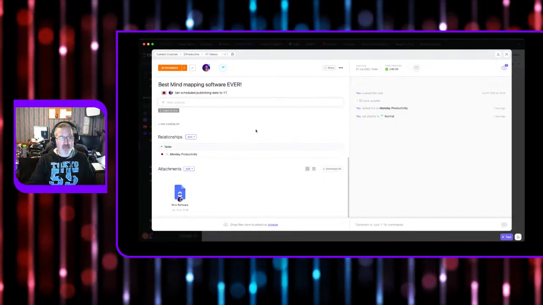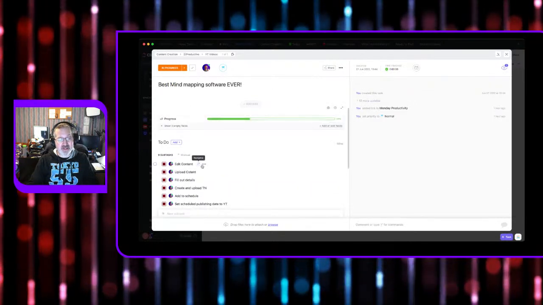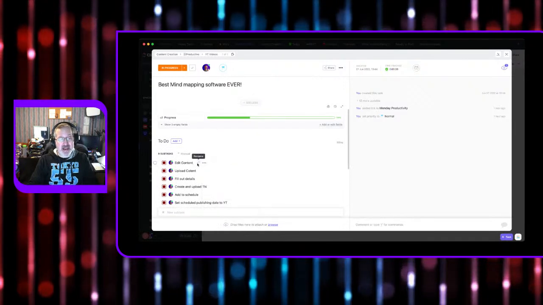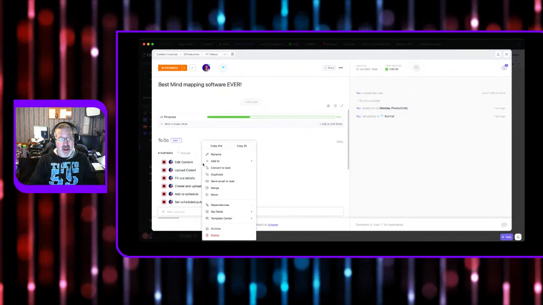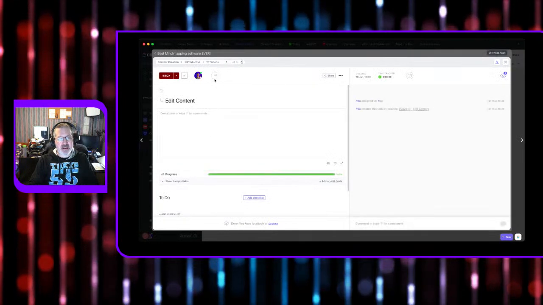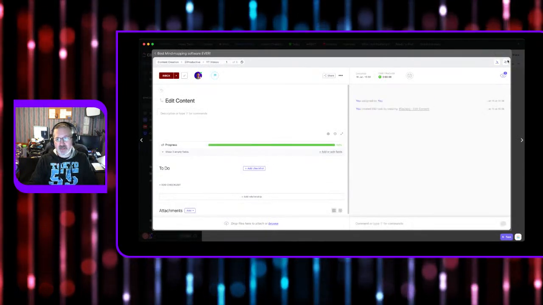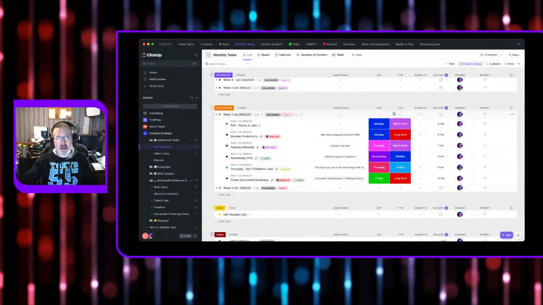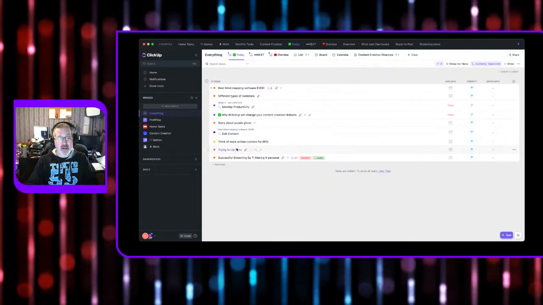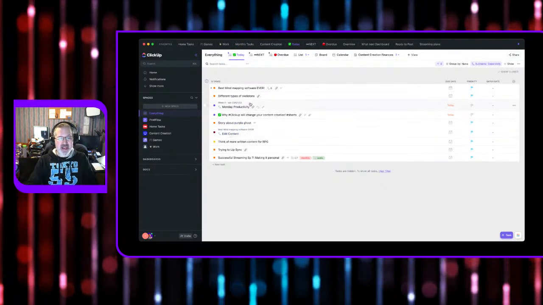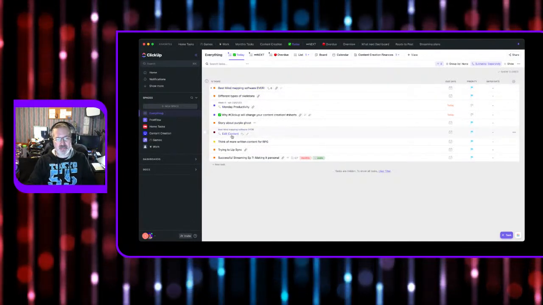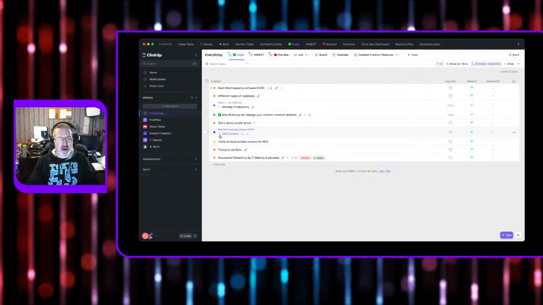Then it will get organized. So it's almost like my next thing to do for this task is that I need to set a priority. So I will click in here and set that as normal, so that now will appear on my to-do list for today. If we go back, here we are, edit content. I tend to put the big one on rather than the little ones, or both of them on, so I know what I'm actually doing.